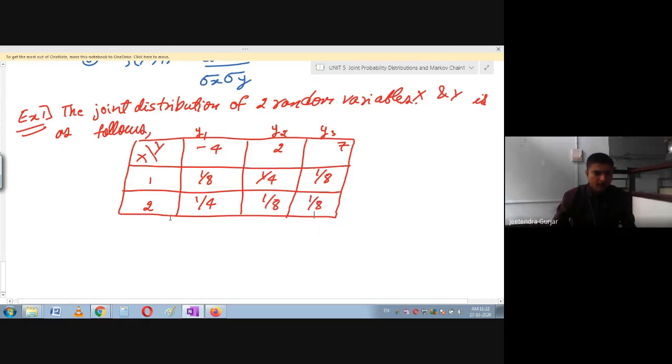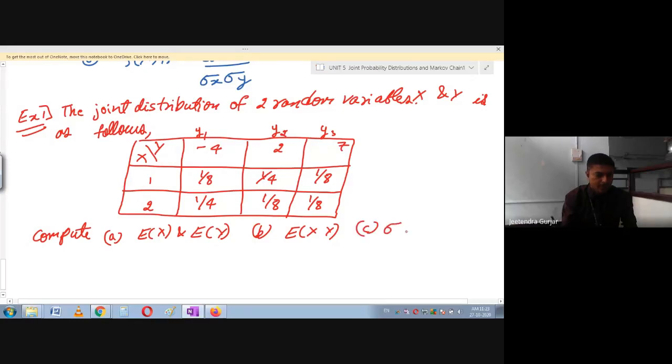Then you are going to calculate, or they have told you to compute. So let us see what they have told you to compute. You can compute the following. Okay, one by one we'll see. First, a: they have told you to calculate E of x and E of y. So if possible, you start solving, students, one by one. It's very easy. Yes. B: they have told you to calculate E of xy. Use the formula and you can start calculating this. It will take a little bit of time, but the calculation is very simple.